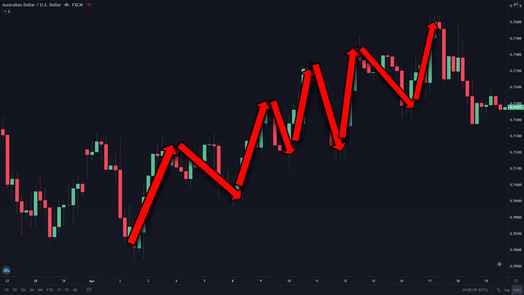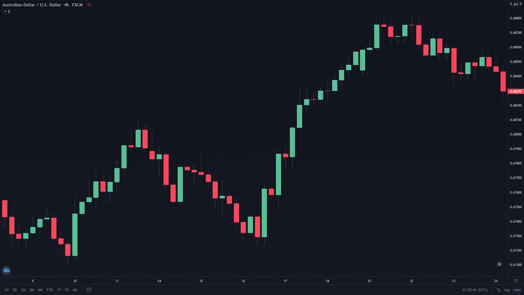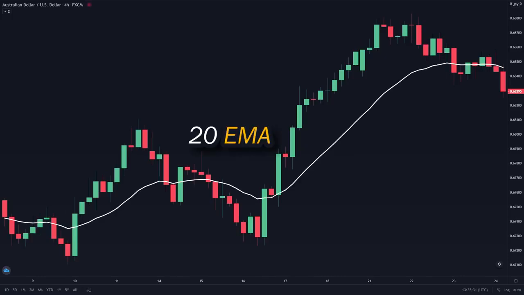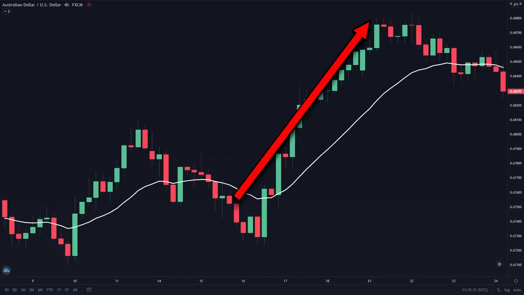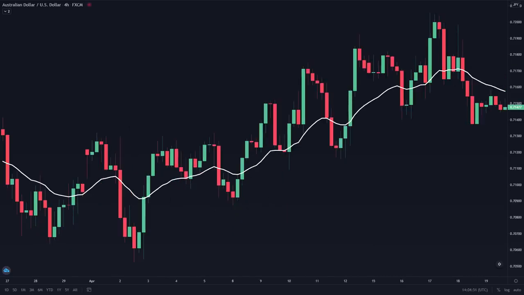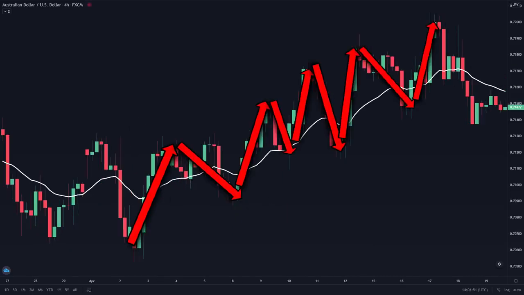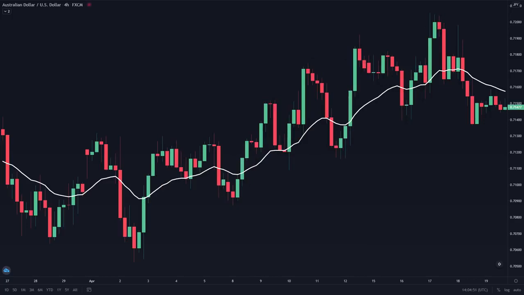The problem is, these pullbacks can often lead to false signals. Let me give you an example. Let's say you're using a normal trend indicator such as the 20 EMA. If the trends are moving in a straight line like this, then the 20 EMA gave a perfect signal. However, if the trend has pullbacks like this, it can be a huge problem because it gave so many false